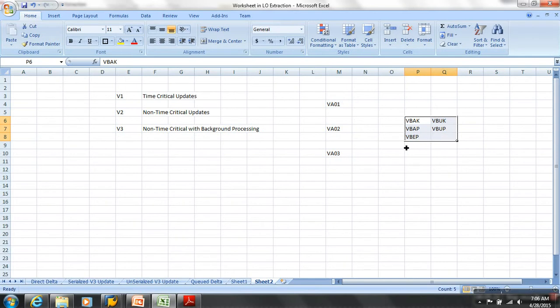Now focus on this. Let's say in these tables I have an order 7722 with a value of 5,000. Now we have a user who is changing this order. He changes it in VA02. Let's say he changed it from 5,000 to 7,000. Should this change happen in these tables? Is that critical?